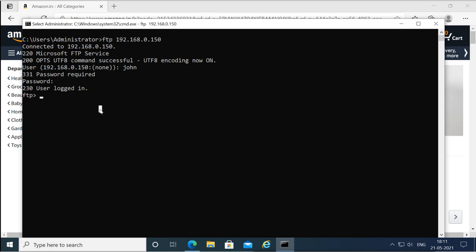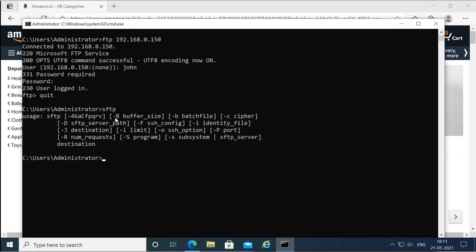But SFTP works in the Linux environment. It does not work here. Or maybe let me try SFTP. It is available now in Windows also. This client tool is available, so I can try this SFTP to the server.